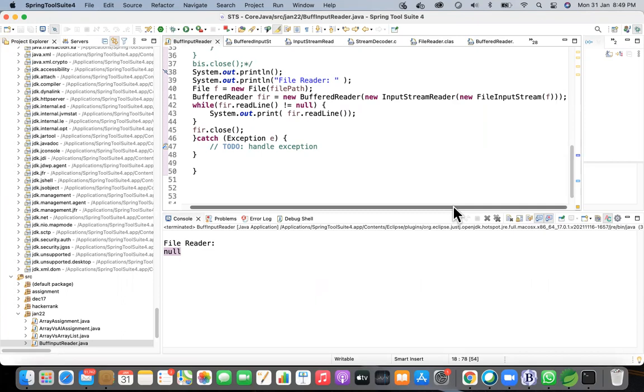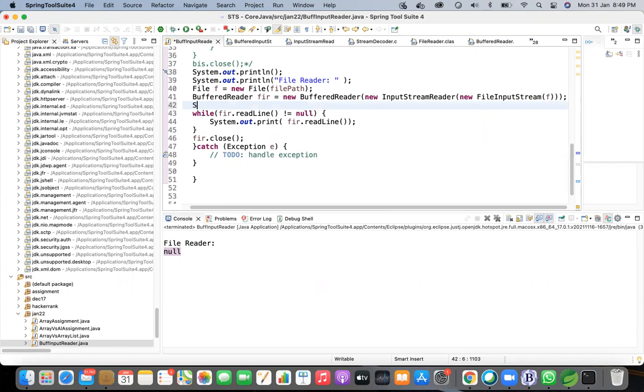No, it is not happening. The object is null. Can you just create a string outside the while loop and assign that string to fr.readline in the while loop?